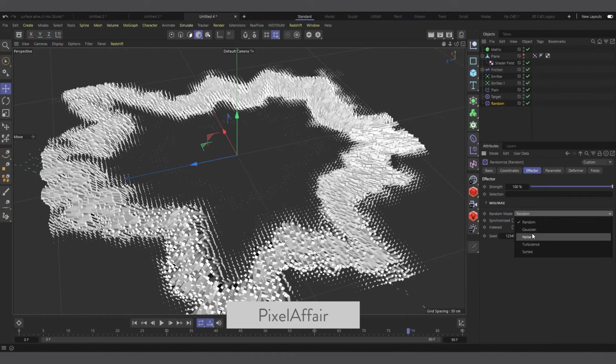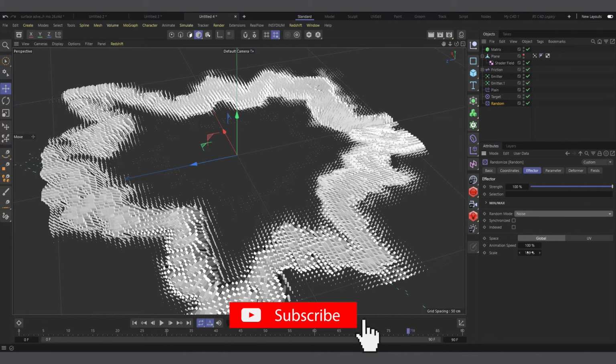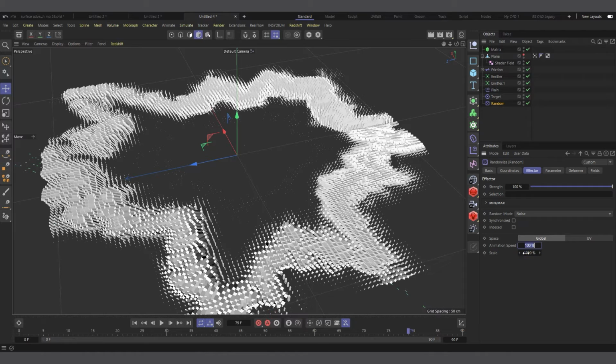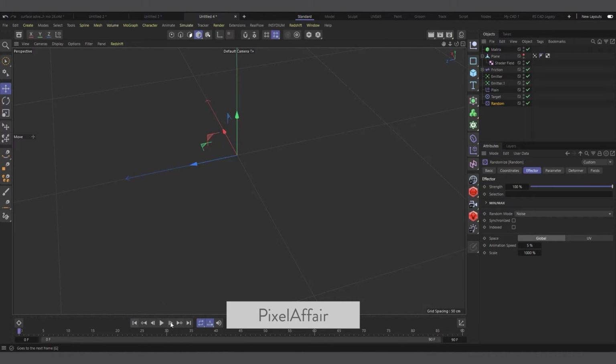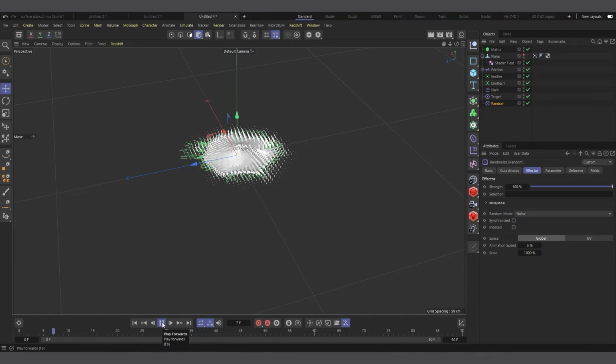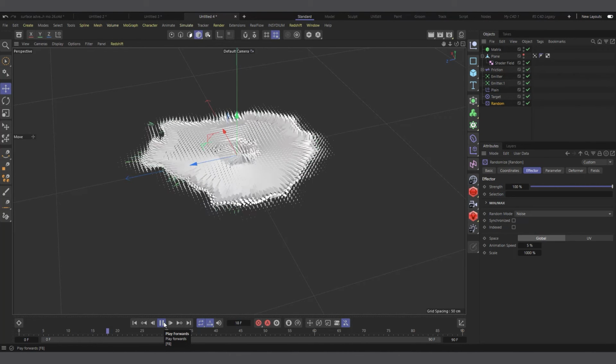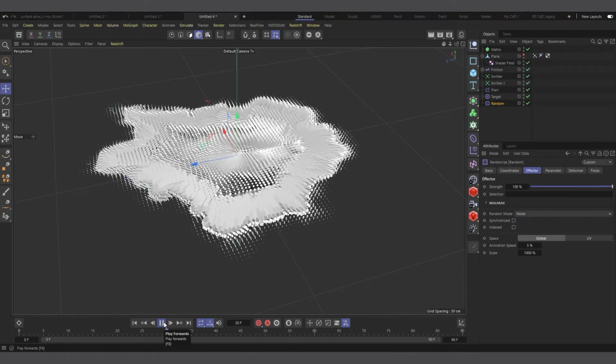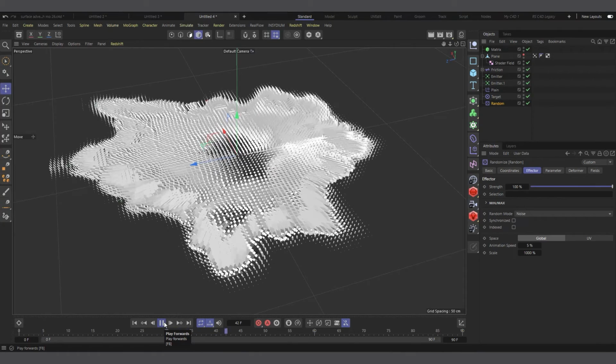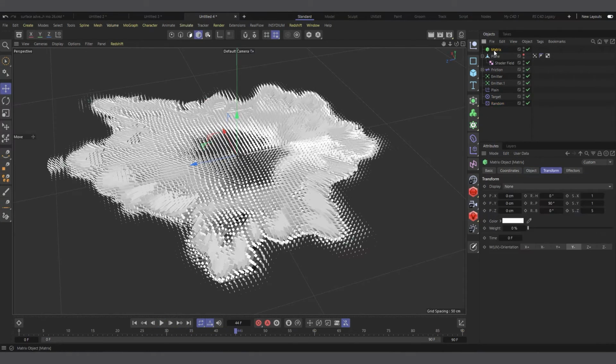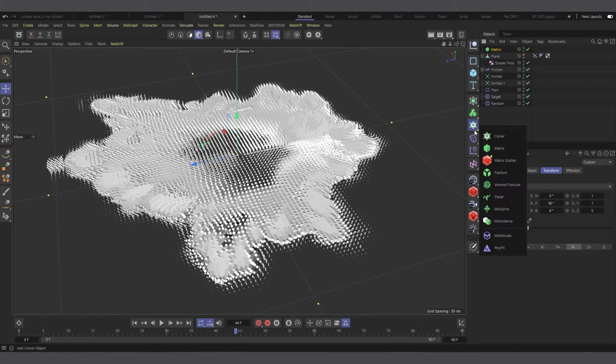I'll change it to noise, and now increase the scale to say 1000, and reduce the animation speed to just 5, right? So that there will be enough randomness and everything wouldn't be that obvious. And now, another thing I'll do is select the matrix again, and I'll come into my effectors,